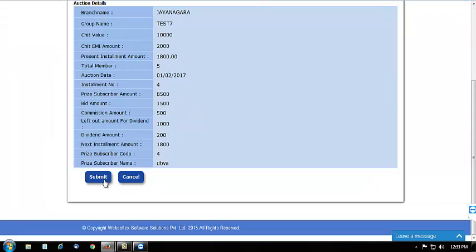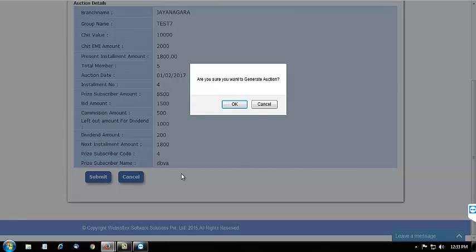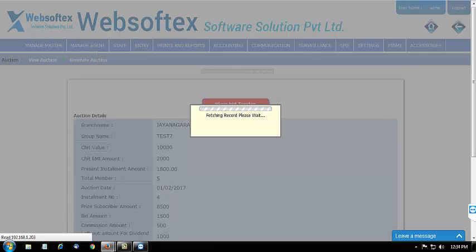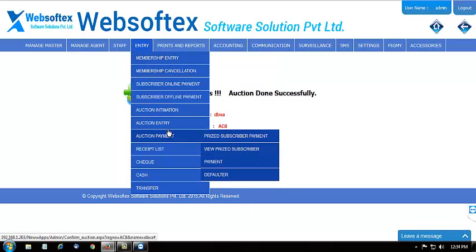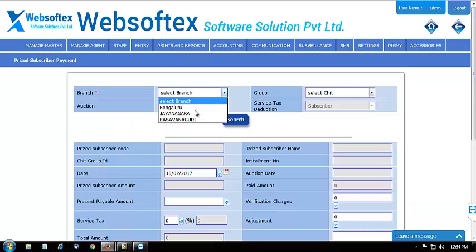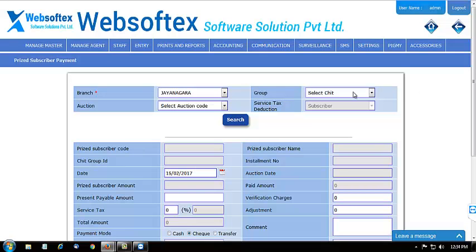If you want to make payment for this particular winner, that is, if you want to give the winner amount to this particular customer, you need to come to entry. You need to come to auction payment here. So the auction payment option is there. You need to come to price subscriber payments here. In this option, you need to select the branch. You need to select the group,